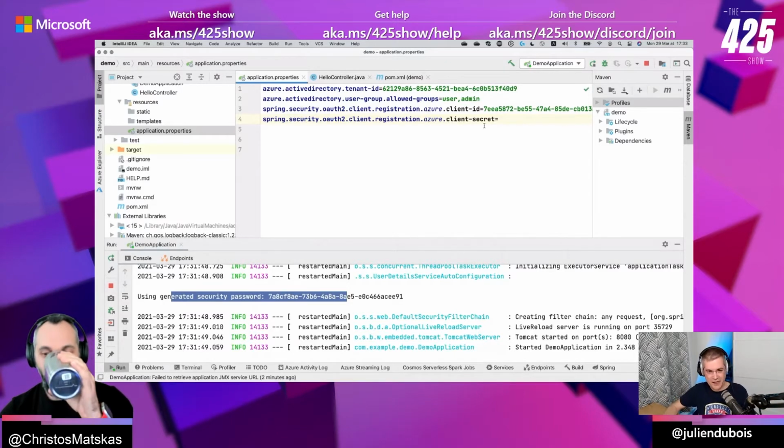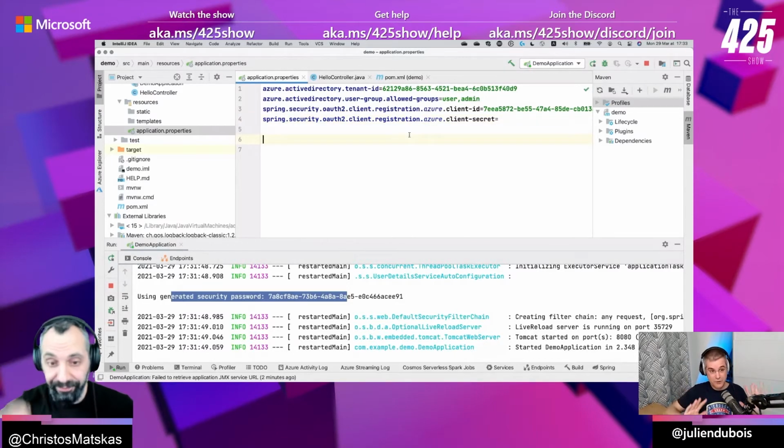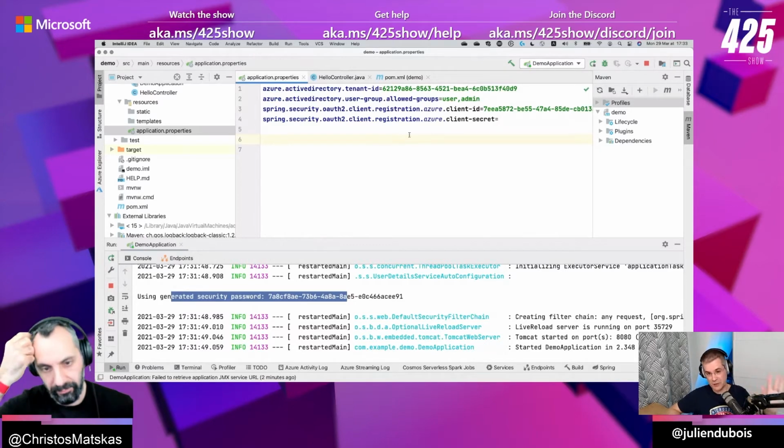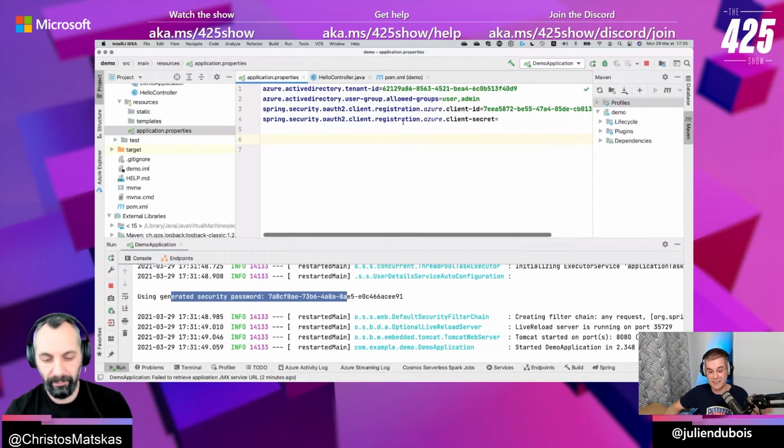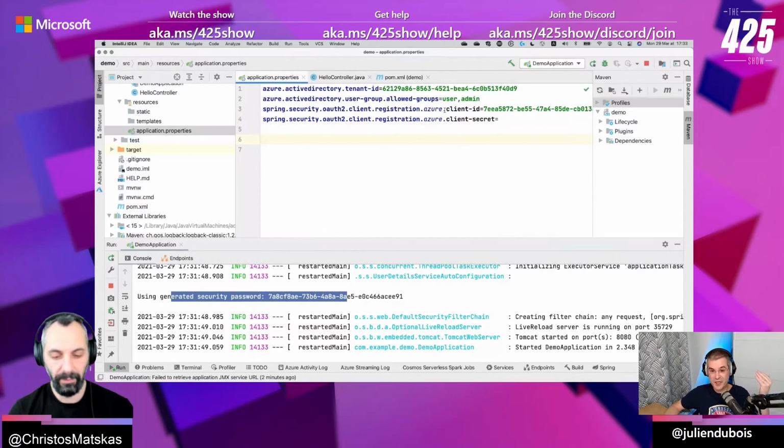Oh, by the way, I'm just showing this now because for developing, it's probably the easiest way to do it. But there are other ways to configure Spring Boot, and this is probably not the best way to do it. It's the best way for hacking around, like I'm doing now. But when I'm going to production and commit that, it's going to go to GitHub, and in GitHub, everybody will see your secret. That's probably not a very good idea to put your secret on GitHub. So usually it's bad practice to do it.